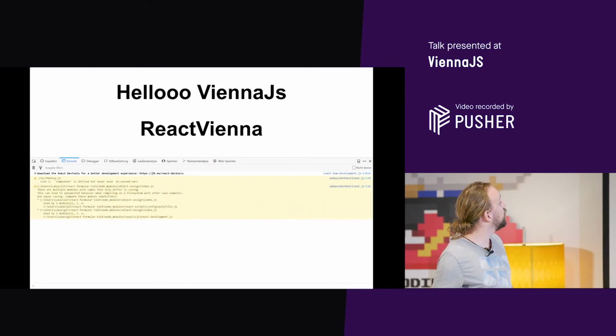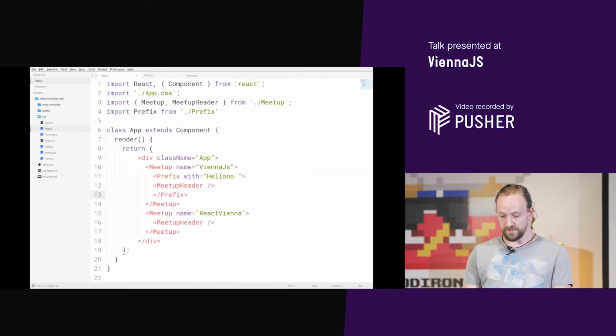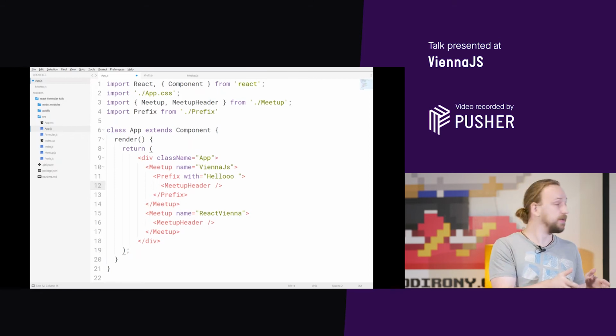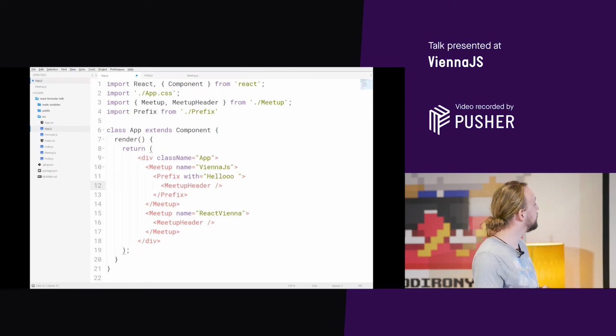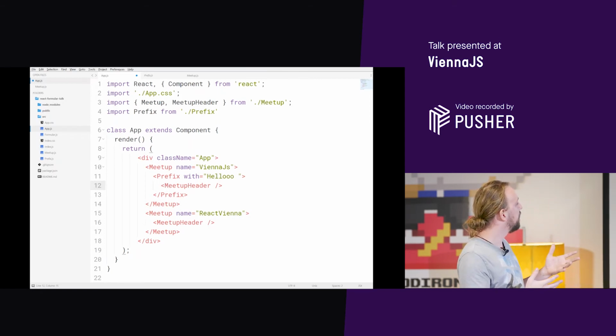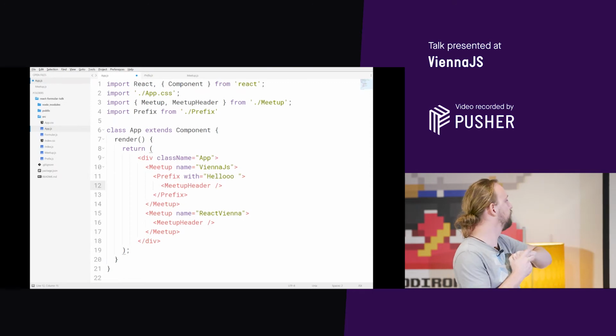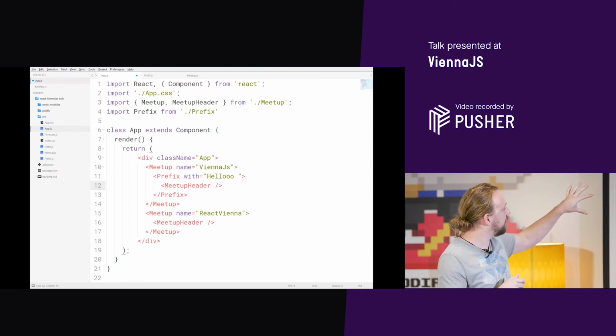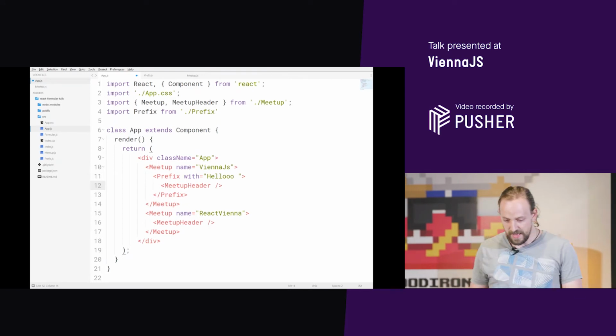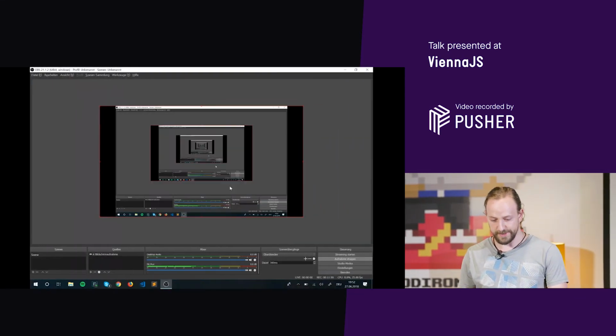And it would work. So you completely decoupled the meetup header from the meetup and added some middleware behavior that changes the flow. And that's the same idea I was thinking about